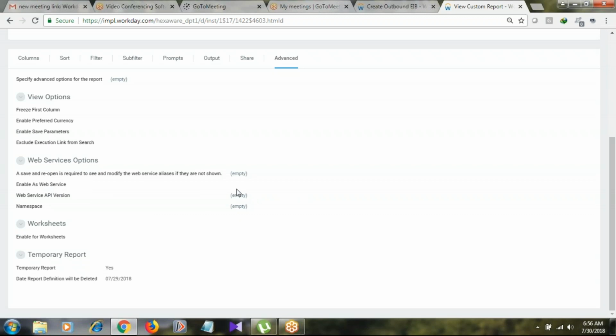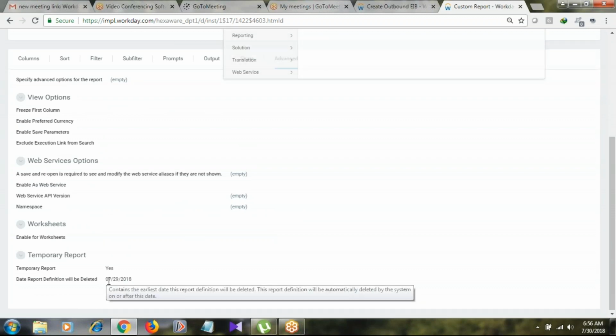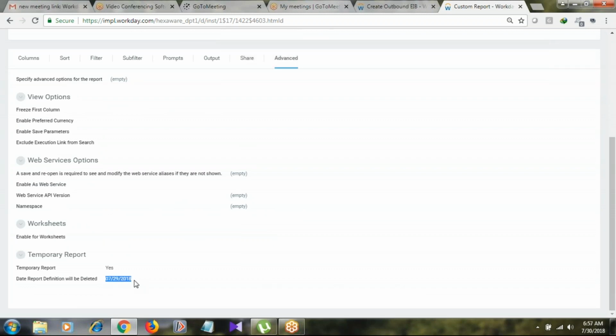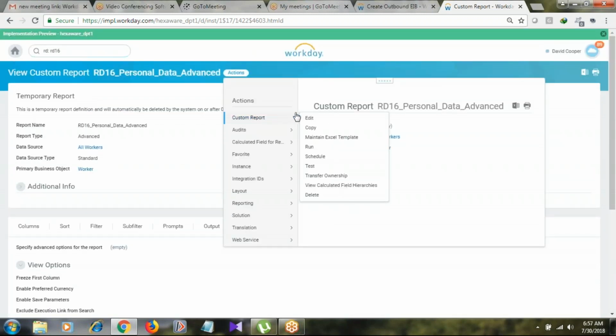We need to enable this option, and only then can we search for it. So let me edit this. Also, this report is showing as expired on 7/29/2018. I want to copy this report as a new one so that I can make use of it.